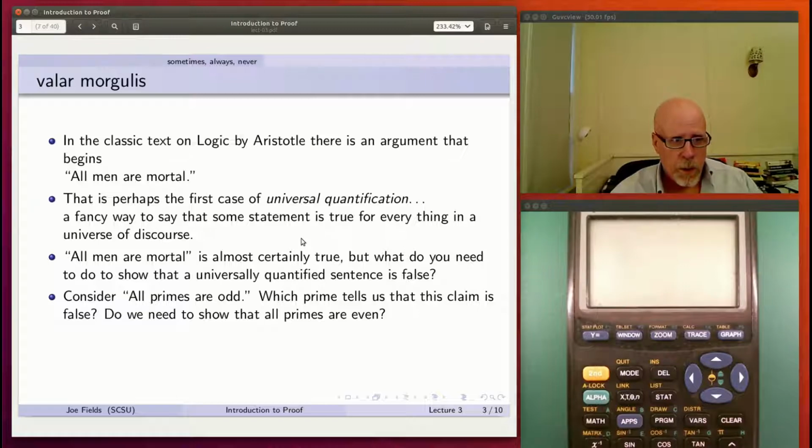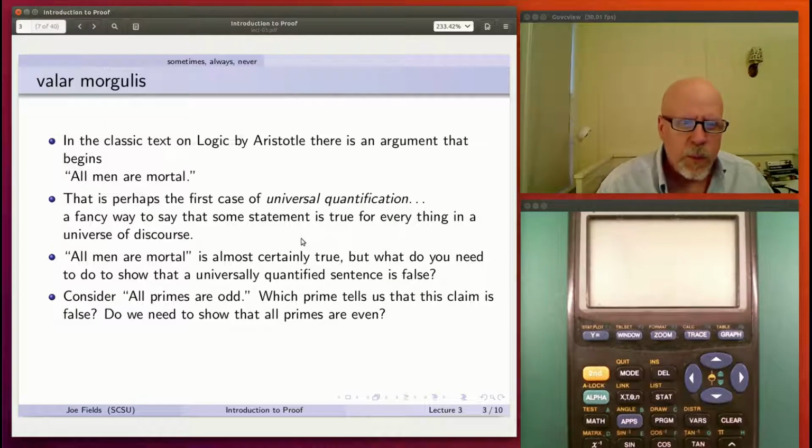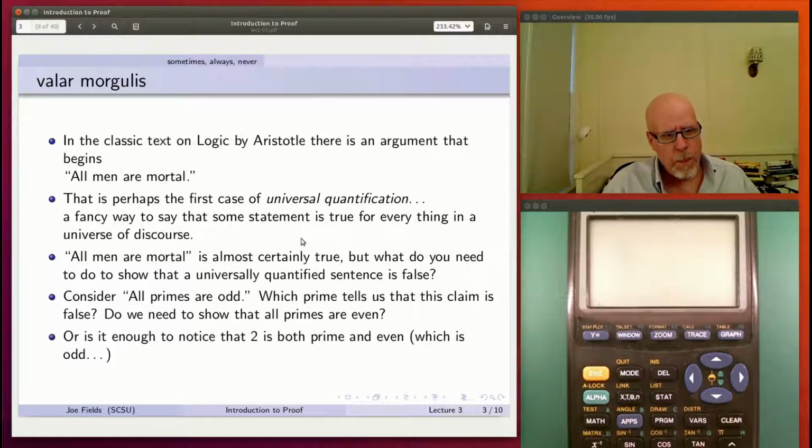Let's think about this example. Consider all primes are odd. That's not true, is it? What prime is it that tells us this claim is false? And to show that that's false, do we need to show that all the primes are even? No, that's not right. So it's interesting to show that the all thing is not true. You just have to come up with one that breaks the rule. So yeah, it is enough to notice that 2 is both prime and even, and this is possibly the worst math joke of all time, which is odd. Anyway,